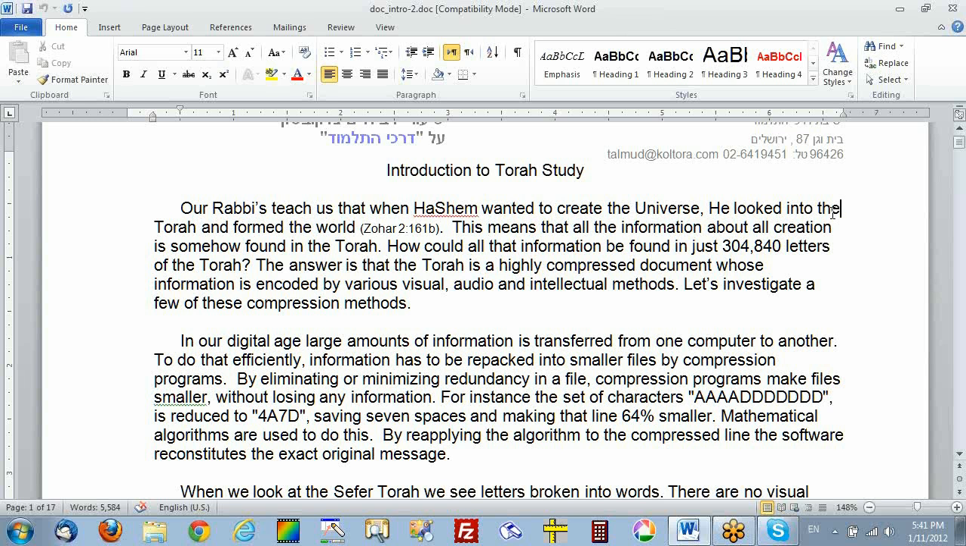But now we said that Kodesh Baruch Hu looked into the Torah and created the world. And the question is, how could that finite amount of material expand into a universe of information coming from the Kodesh Baruch Hu? How does it work? So we explain that there's many ways that information is encoded in the text of Torah, whether it be through